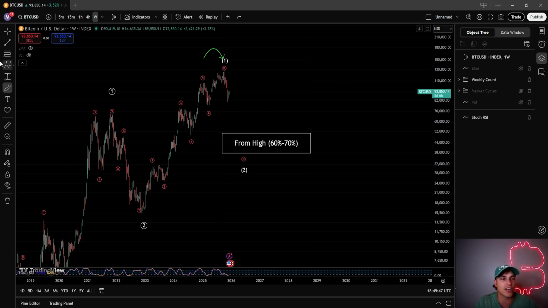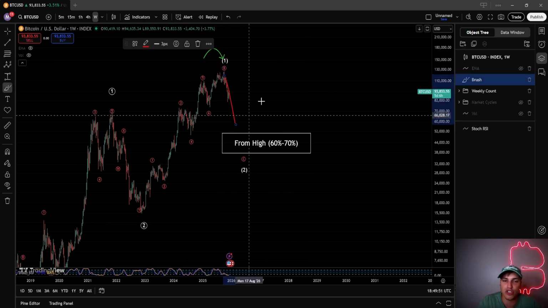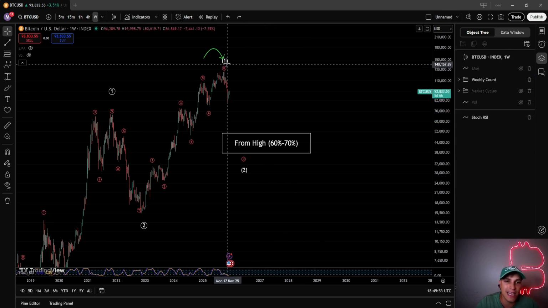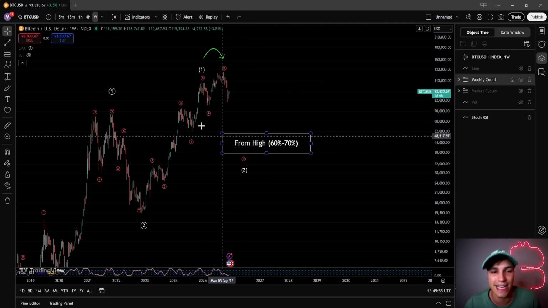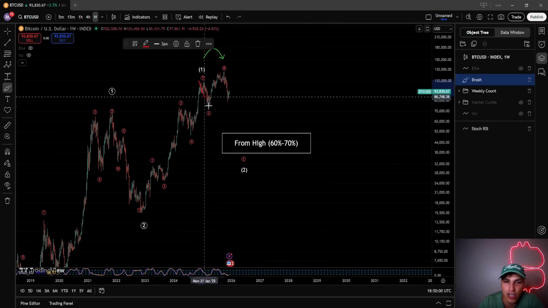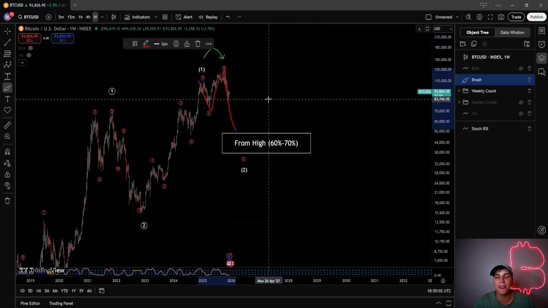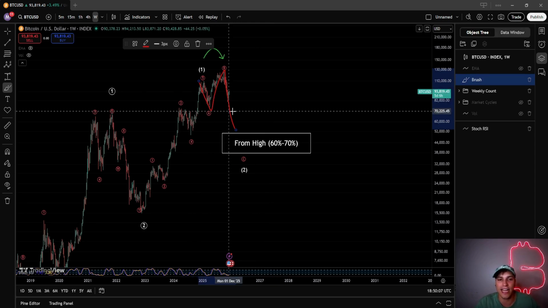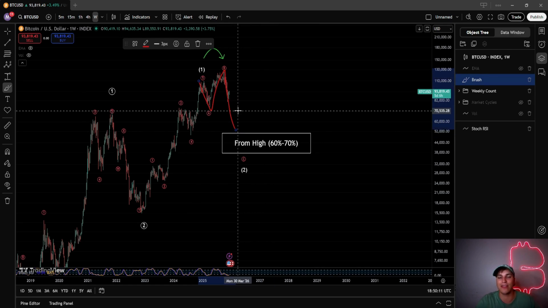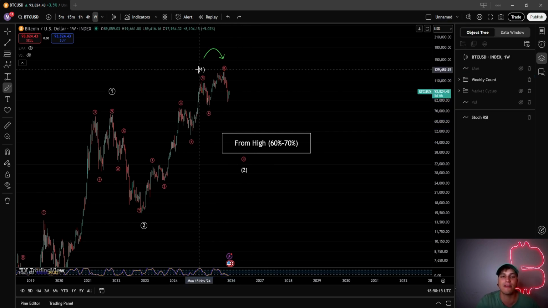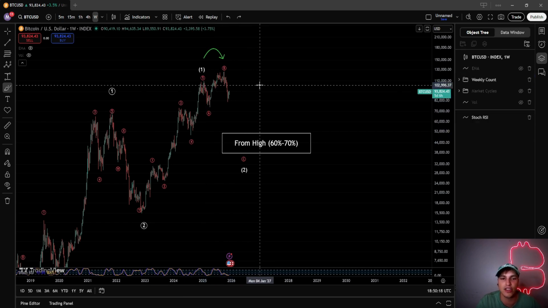So that is actually, in my opinion, the most likely, where we have a move now to the downside. But until we invalidate this ABC structure, A, B, and wave C, we cannot say with all honesty that, okay, cool, we have a finished move towards the downside and the bear market is then over, right? We cannot then say that. So where can we invalidate this ABC to the downside?